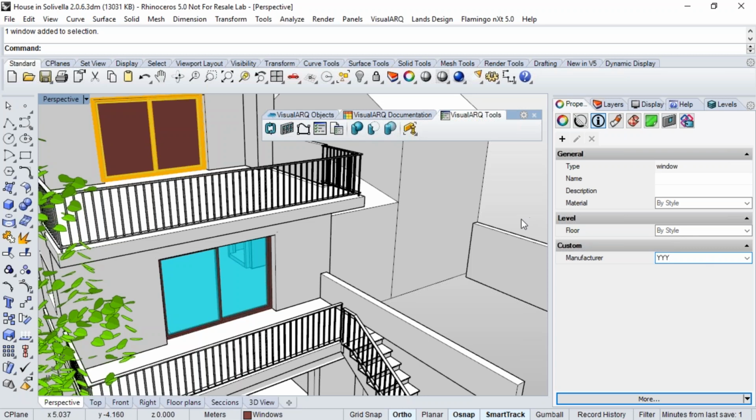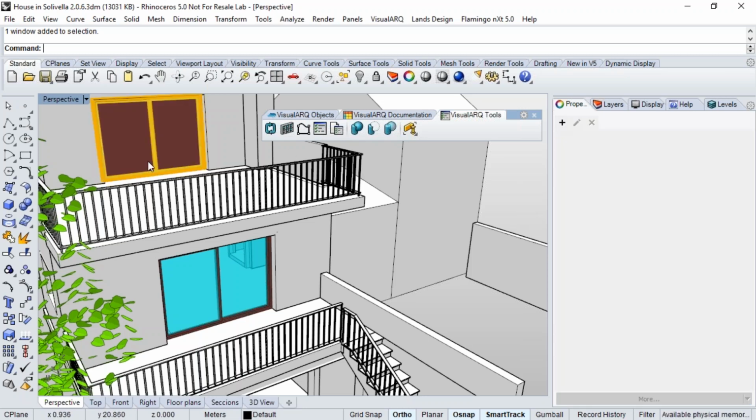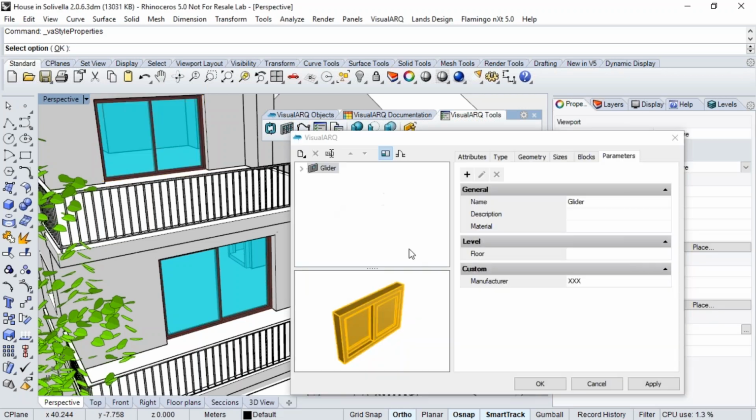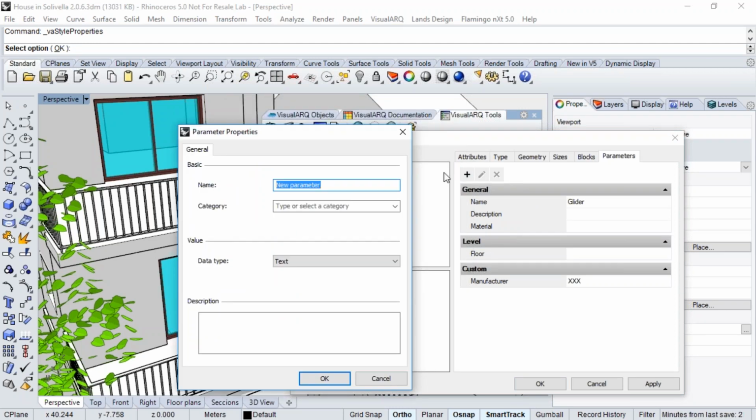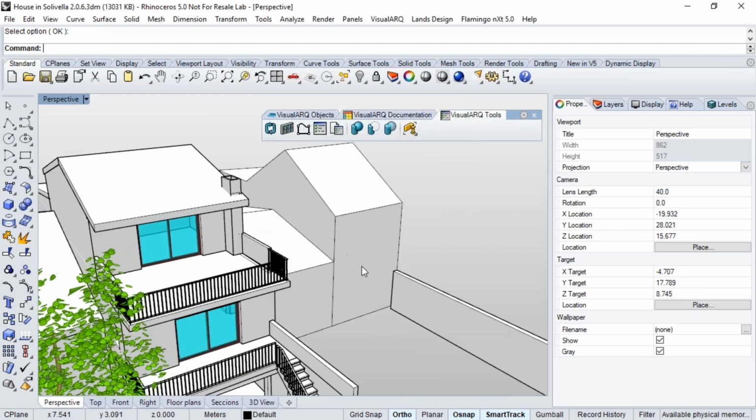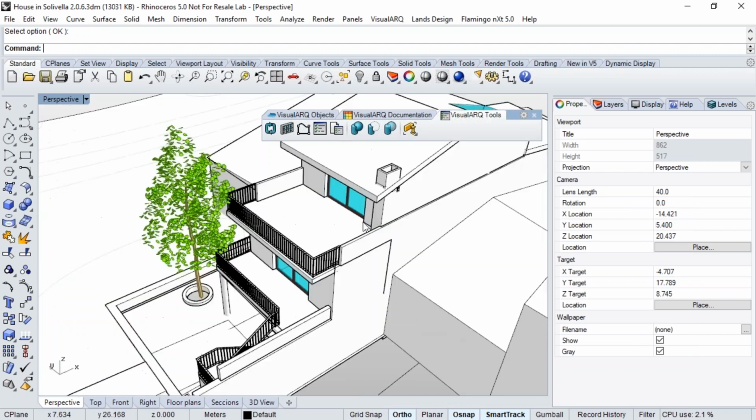Okay, but in case of VisualARQ objects, all this information can be stored by a style, or they can have a specific parameter that only applies to that style. Okay, so we can create a new style here that will only be assigned to that style and not others. Okay. Also, these custom parameters can be created from Grasshopper. So